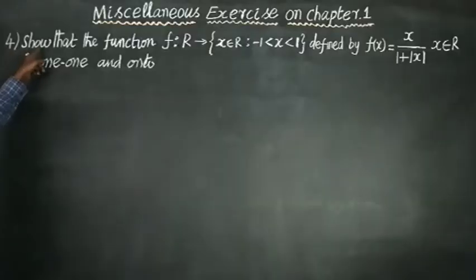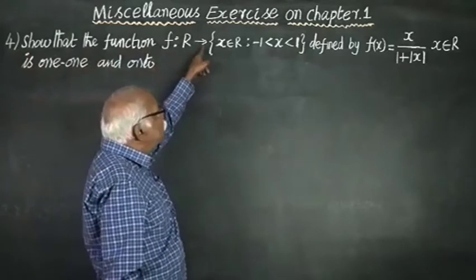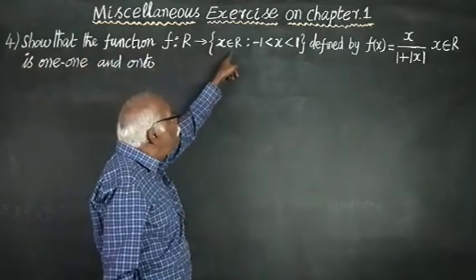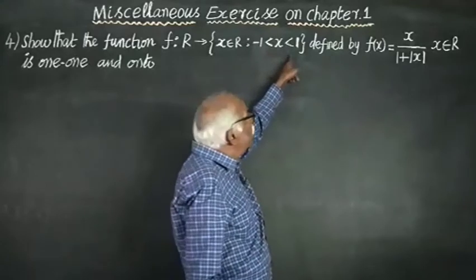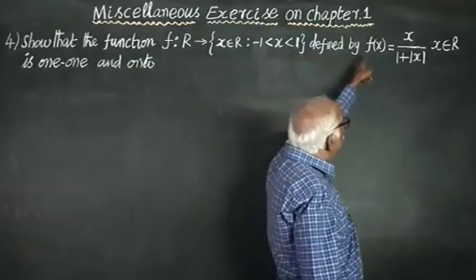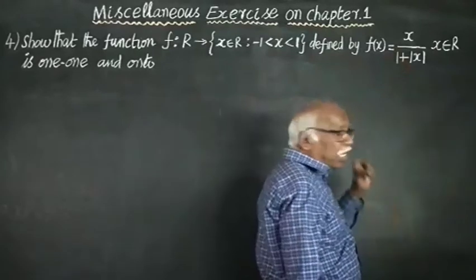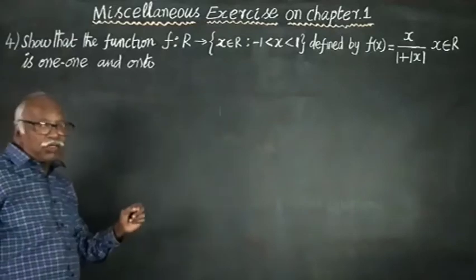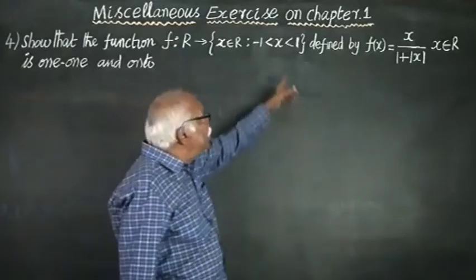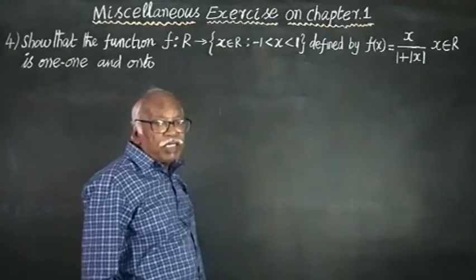Number 4. Show that the function f from R to (x belongs to R, x greater than minus 1, x less than 1) defined by f of x is equal to x by 1 plus modulus x, where x belongs to R, is 1-1 and onto. You have to prove that the given function on this interval of real numbers is 1-1